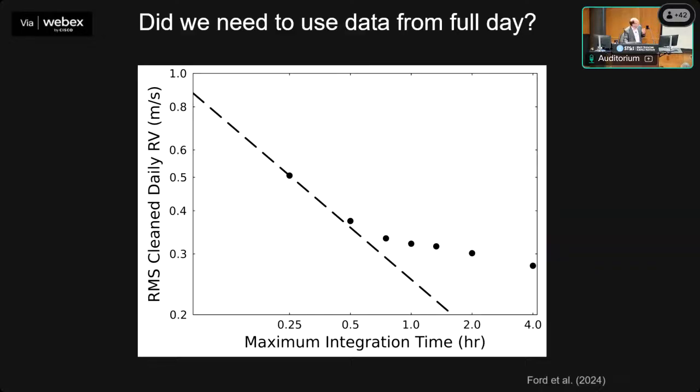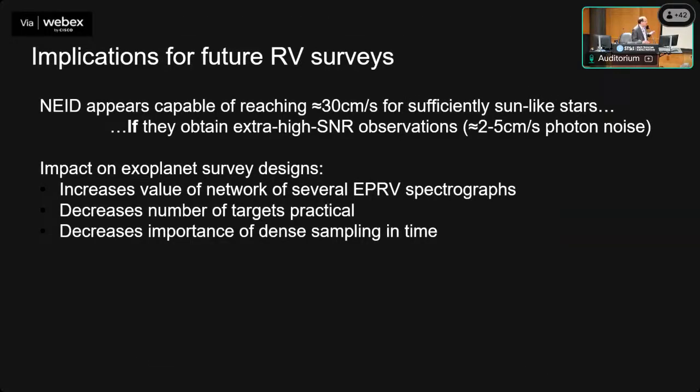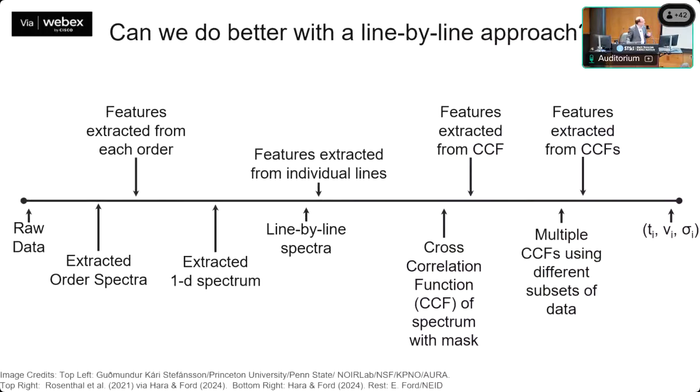But it does ask the question: currently, the methods we have are predicated on getting very high signal-to-noise to measure these higher order shape features. So the ones that are in the can and we could use give us the ability to get within a stone's throw of this 10 centimeters per second using methods at high signal-to-noise. But that's going to have a very high cost in terms of either the number of telescopes you build, or the number of targets that would be practical for Habitable Worlds Observatory. Could we do something to make progress there? So if we go back to this